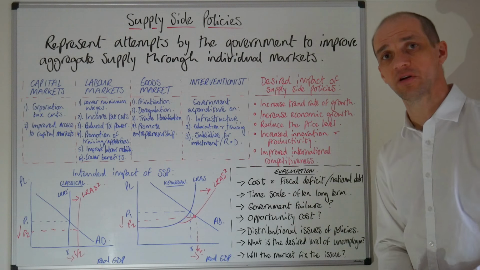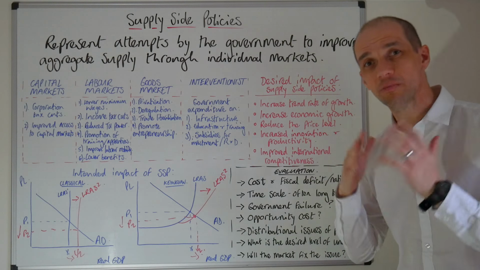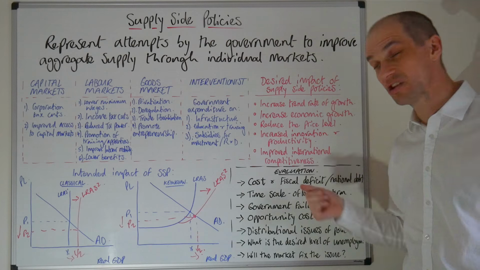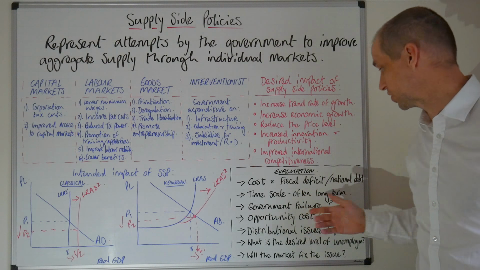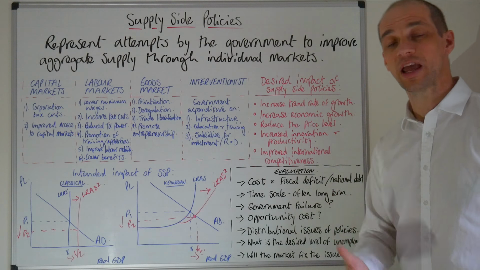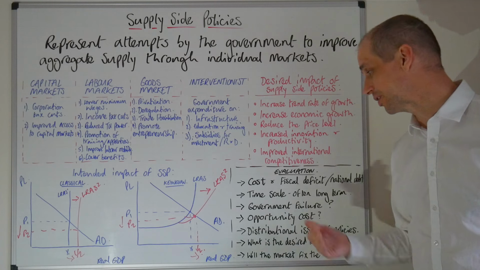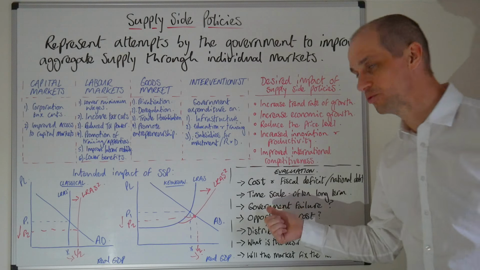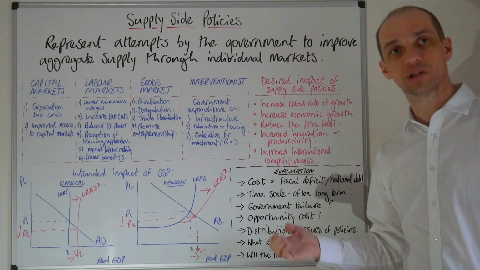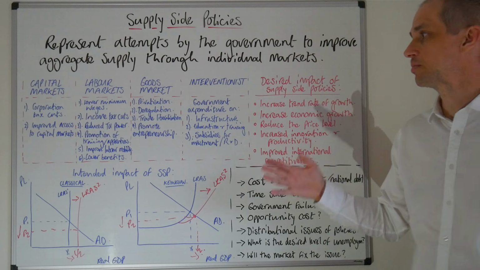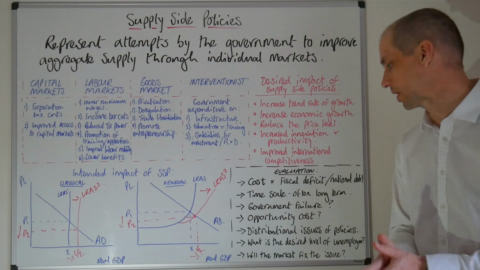So first point that I've put down here is how much is this going to cost? Supply side policies can be hugely expensive. And don't forget, we've got a big fiscal deficit, a big fiscal hole, which needs filling, and we have an increasing level of national debt. 1.7 trillion, of course, so very, very large. So yeah, what sort of impact is this likely to have? What sort of timescale are we talking with these policies? Okay, so what sort of impact is that also likely to have?